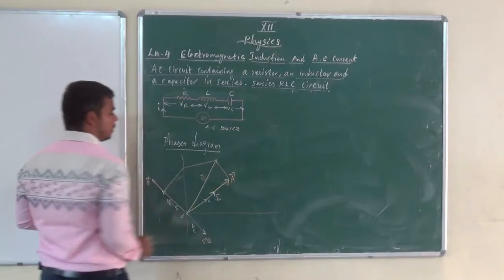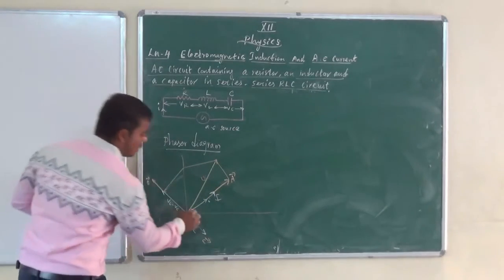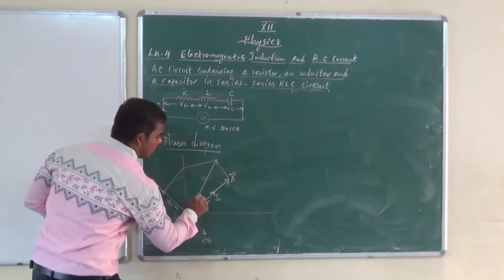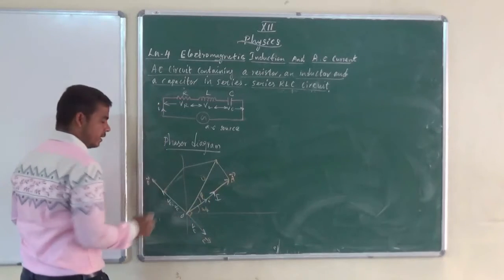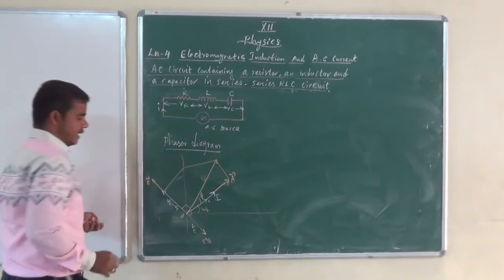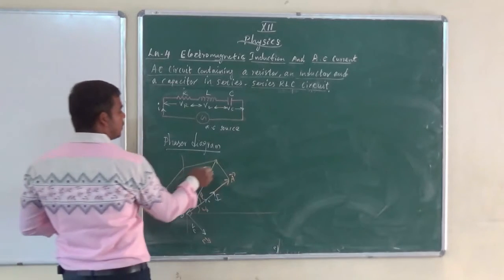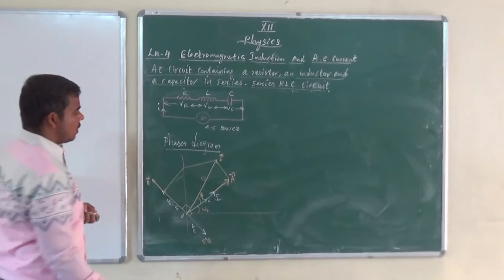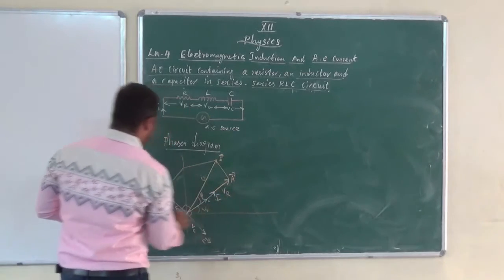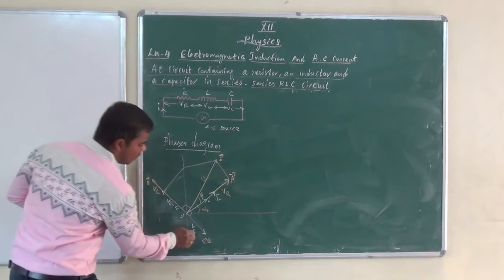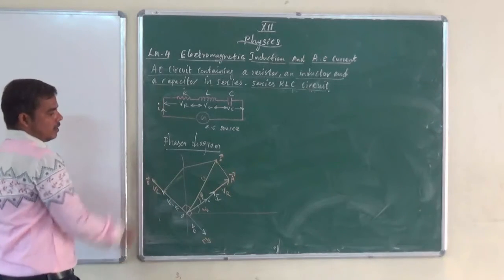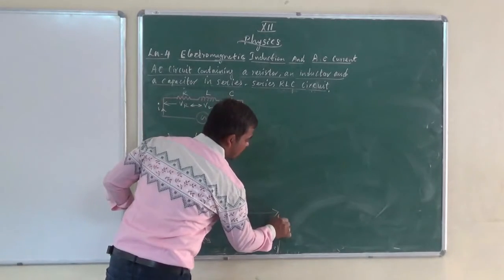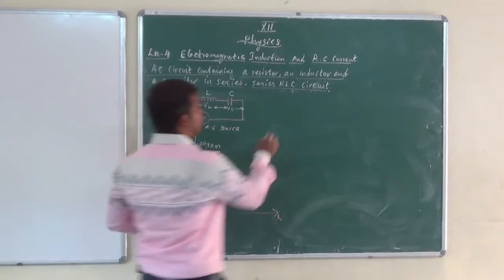OE is nothing but V, that means instantaneous voltage. The two angles are perpendicular. This is omega t. This angle is phi, the instantaneous angle, and these 3 are 90 degrees. OE vector. Then you have to represent this is VR, this is VL. What is this? VC. Any doubt for the phasor diagram? Very simple manner. Y-axis, x-axis. Triangle diagram.